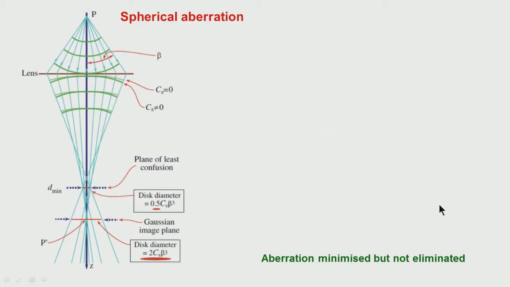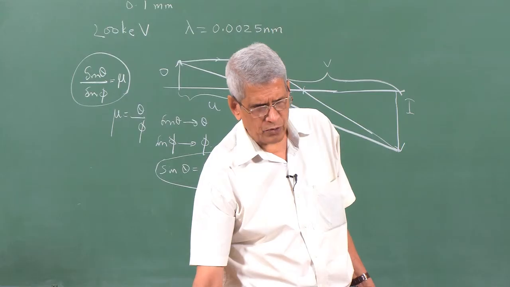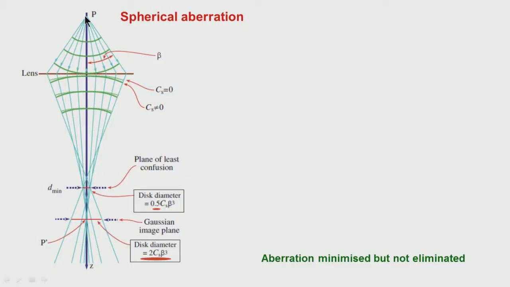This is one aberration. We have just shown it for a point object on the optic axis, and we do not get a point image, but an image which is spread out in space. If we consider it as waves which are emanating from the sample and then propagating, then we can make out that the rays which are away from the optic axis are bent.